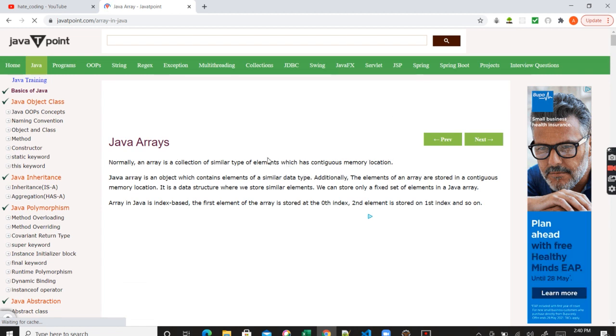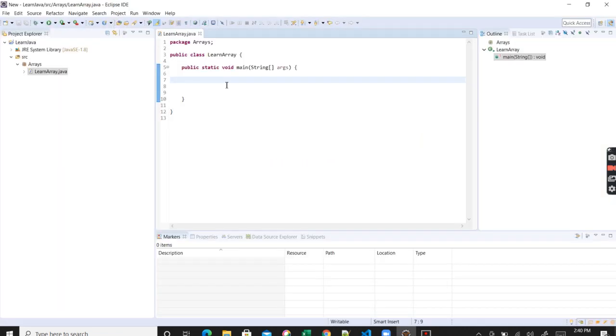Now before I jump to Java arrays, I will just spend a couple of minutes to explain what variables are in Java. Basically, whenever we want to store any information, we need some containers, and we tend to call those containers variables, right? Now, a variable is a container which can hold a value.